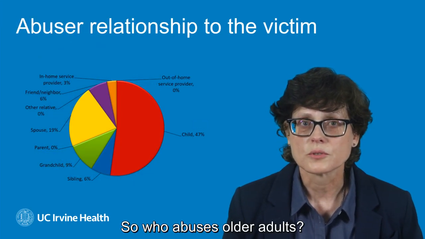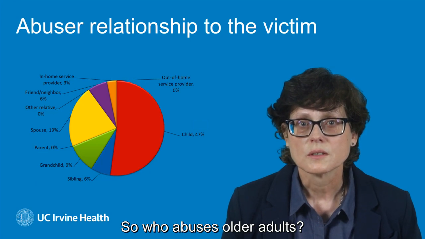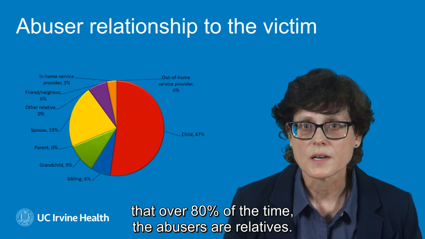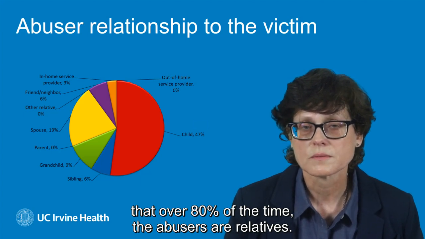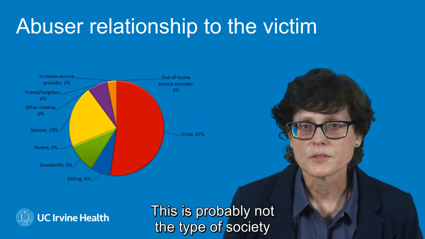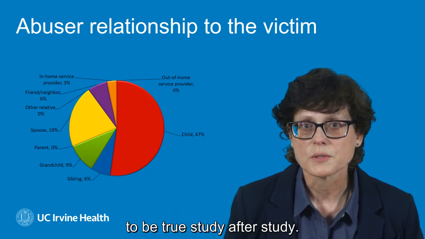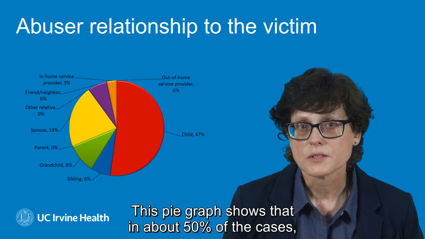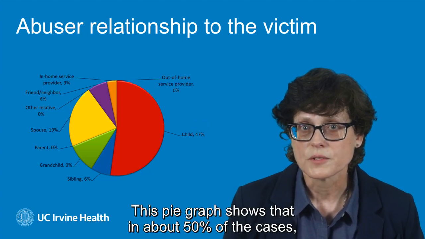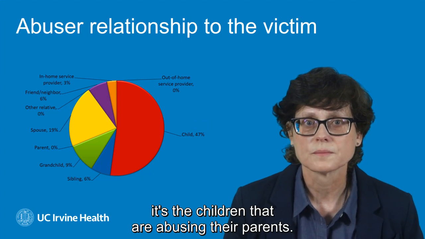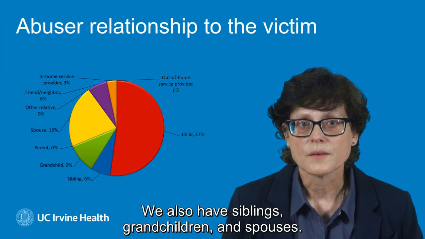So who abuses older adults? Well, it turns out, unfortunately, that over 80% of the time, the abusers are relatives. This is probably not the type of society you think we're living in, but this is unfortunately borne out to be true study after study. This pie graph shows that in about 50% of the cases, it's the children that are abusing their parents. We also have siblings,